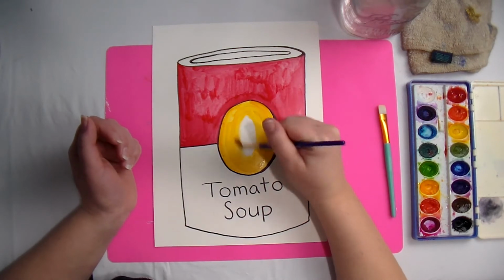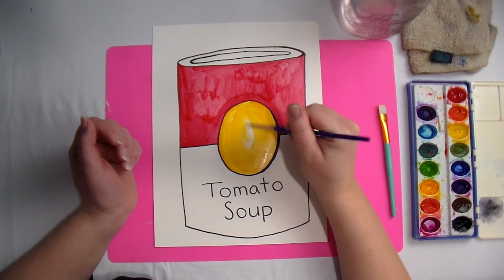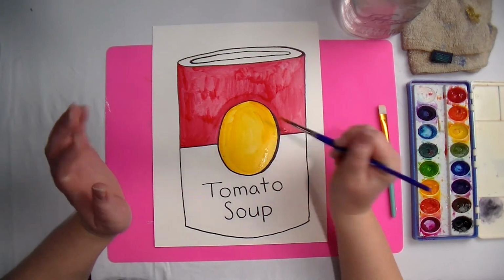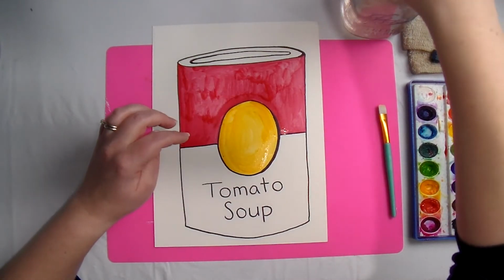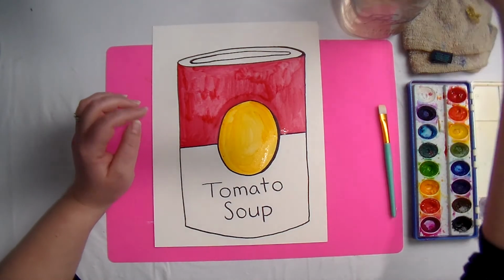If you can, when you're painting the circle, try and go in a circular motion, not up and down, because it'll just make it look nicer if you paint it in a circular motion. Now, to clean your brush,